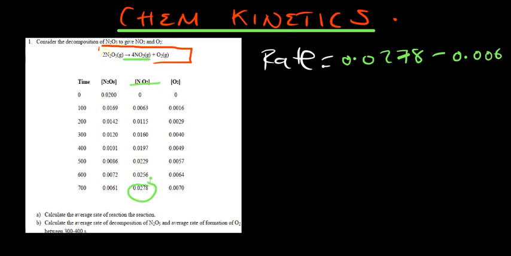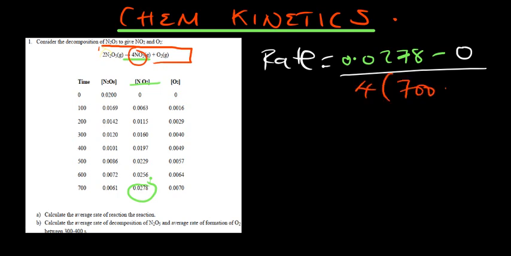Or I can use a 0 at start, still fine. Then there is 4 there that I'm using because that's a stoichiometric coefficient. The change in time is 700 minus 0 as well. So 4 times 700, divide that into